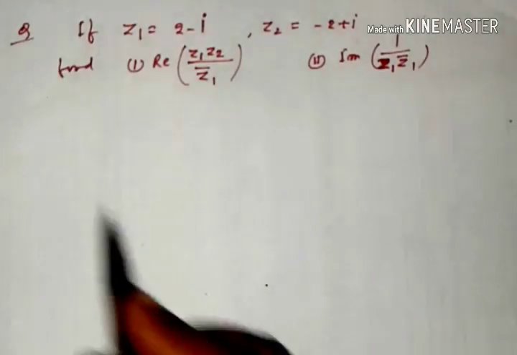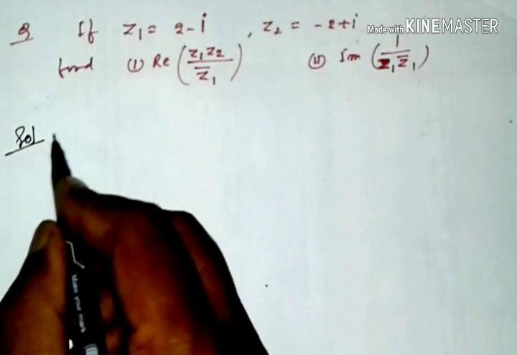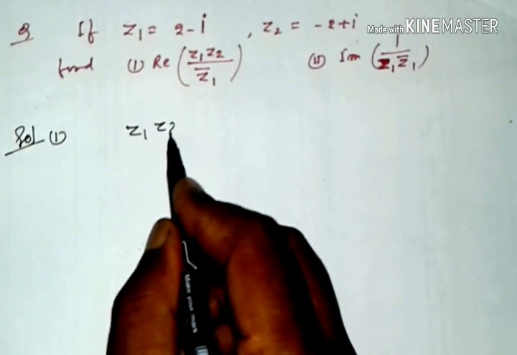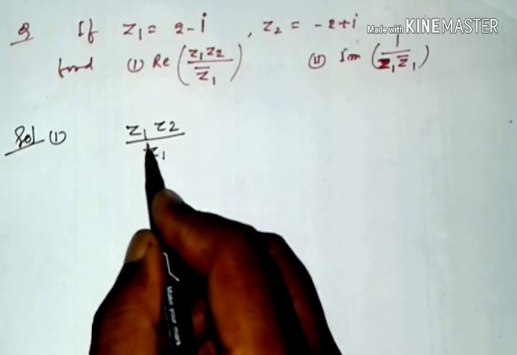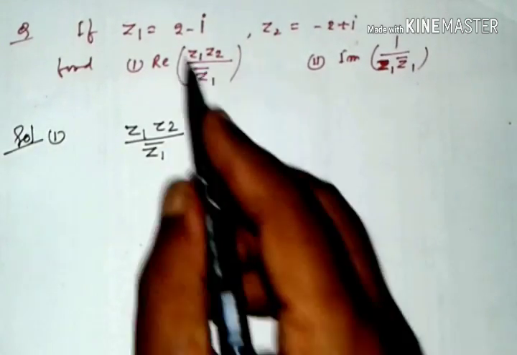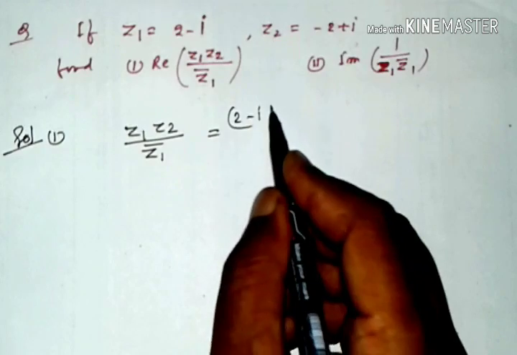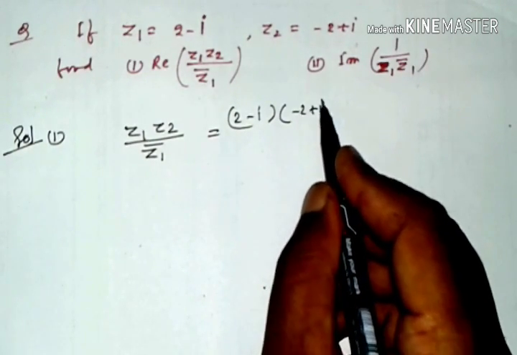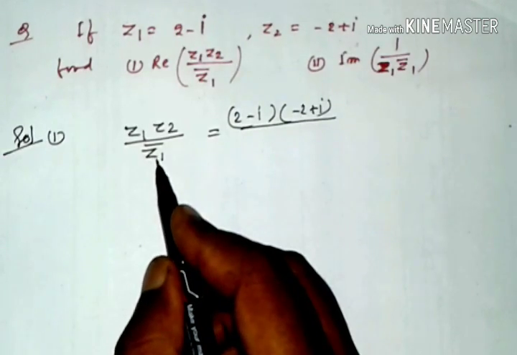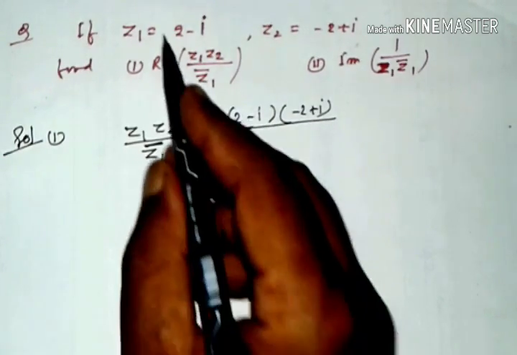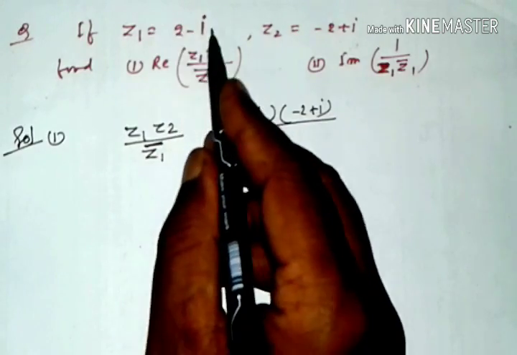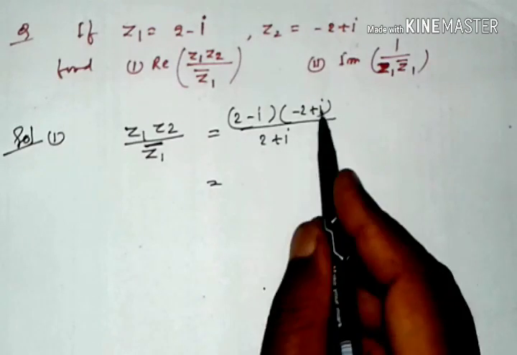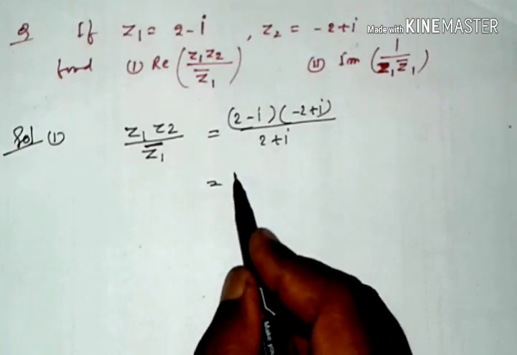That is the solution. z1 means here 2 minus i, z2 is minus 2 plus i, z1 bar, this is the conjugate of z1, therefore it is 2 plus i. We have to multiply, this is minus 4